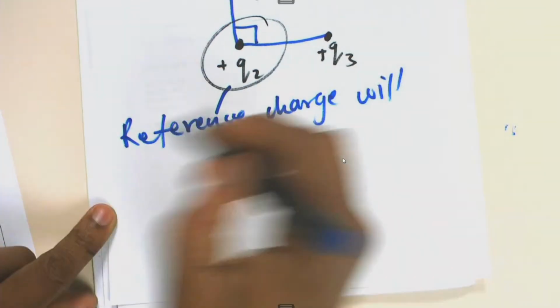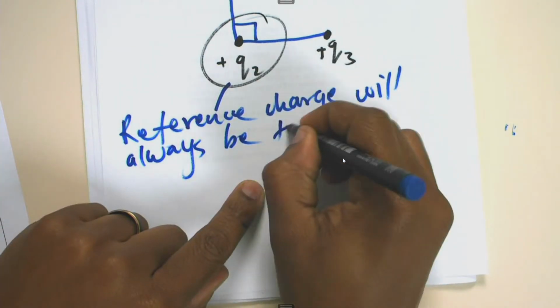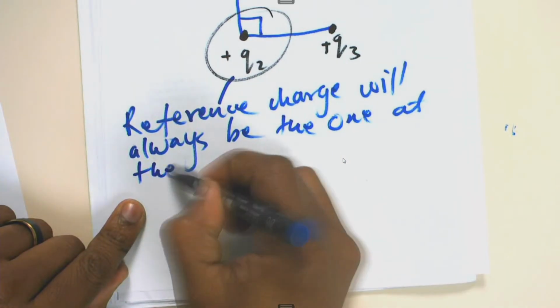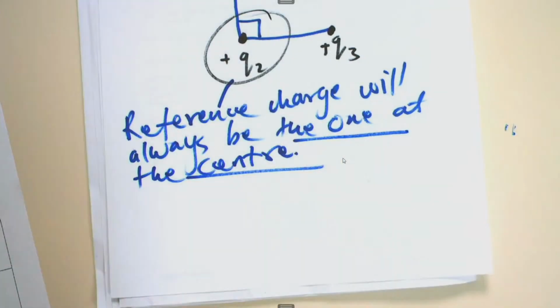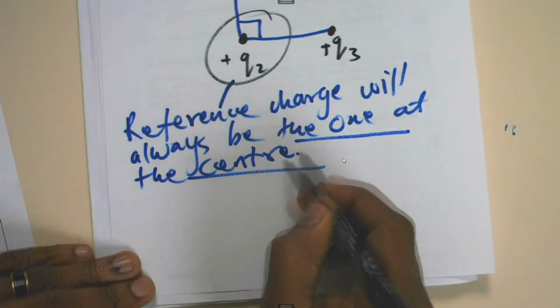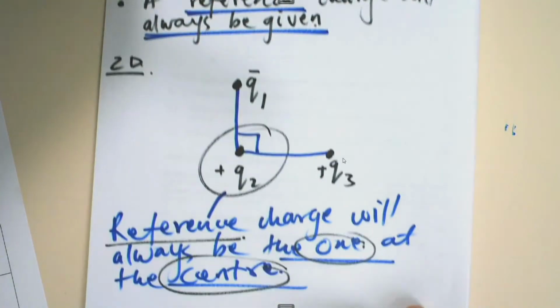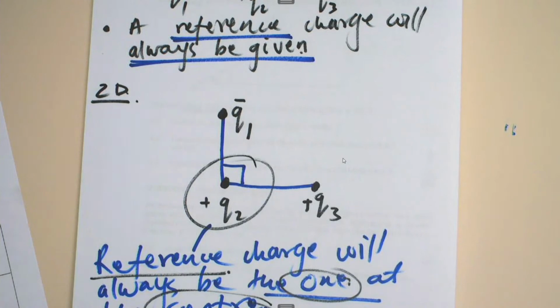will always be the one at the center. It will always be the one at the center. That is very, very key. So the one that is at the center will now be our reference charge when we look at the two. That is very, very important to understand. So this is us applying